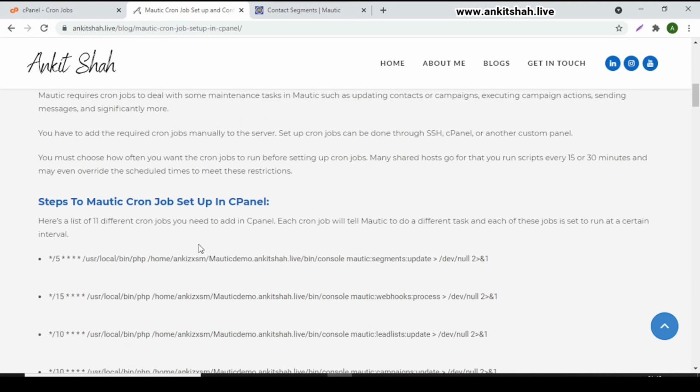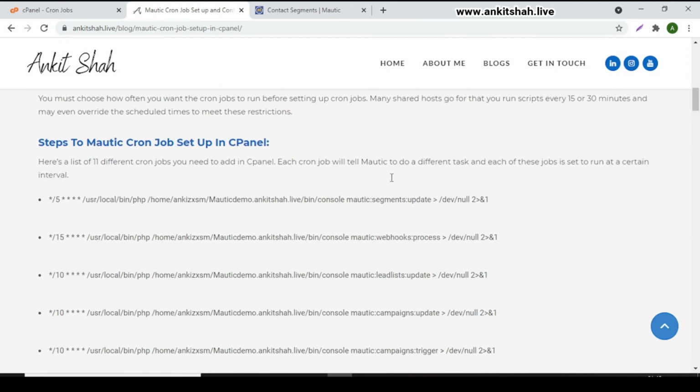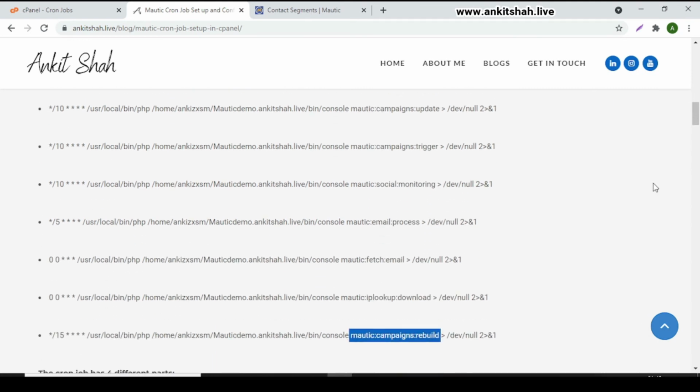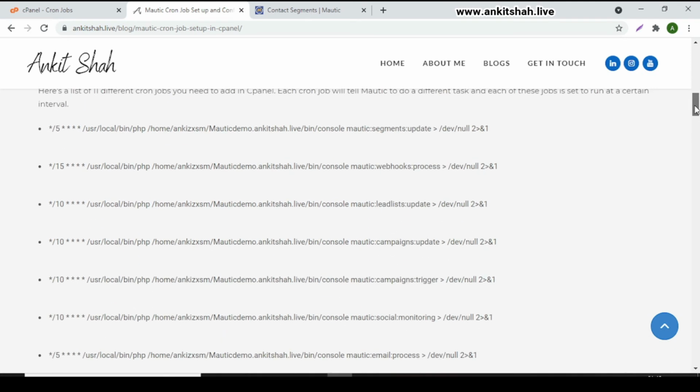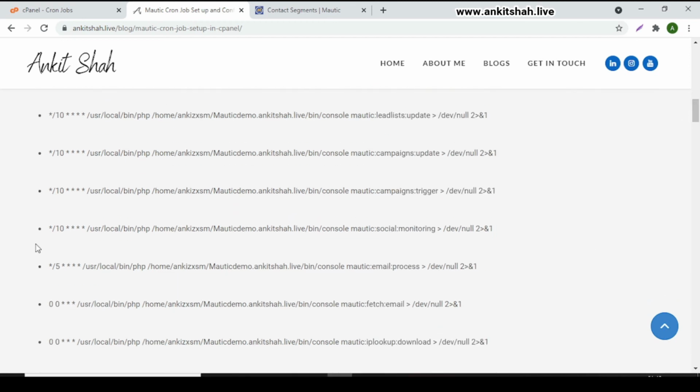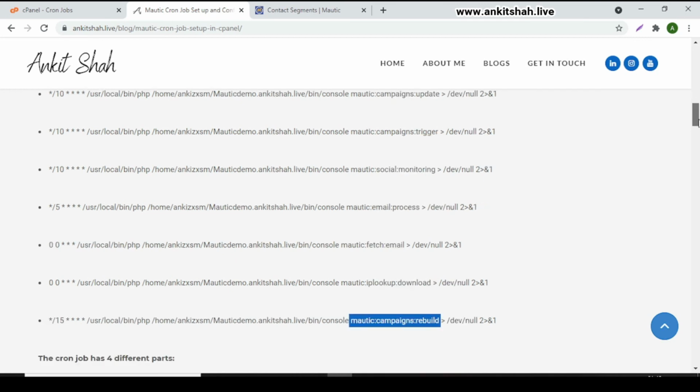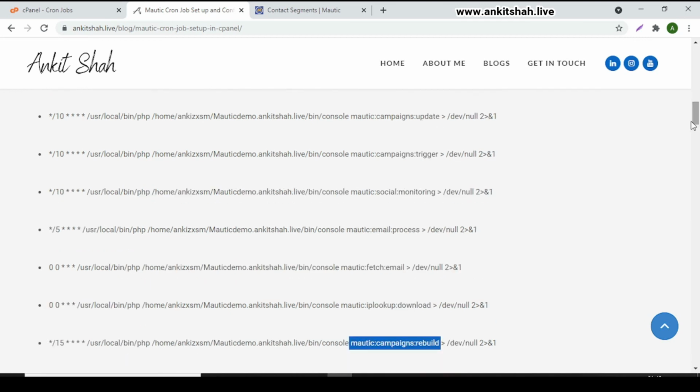I have also mentioned all the frequency rules here: once per 5 minutes, once per 15 minutes, once per 10 minutes. This is how you can replicate these, and you are good to go. Your Mautic will start working, and you can execute any campaign and add any actions and triggers in your campaign as well.